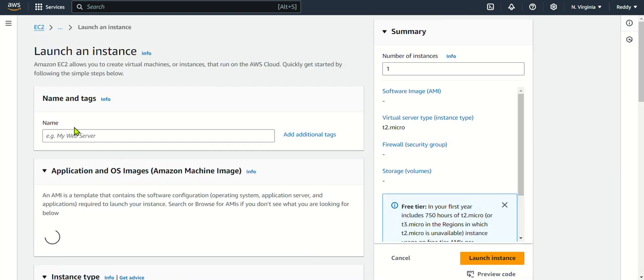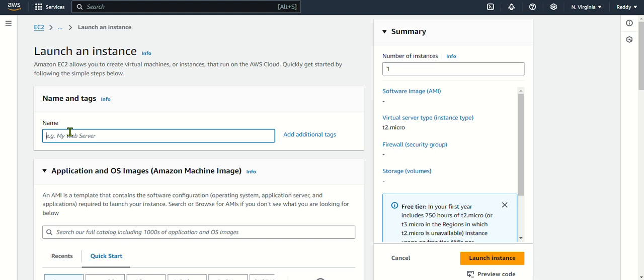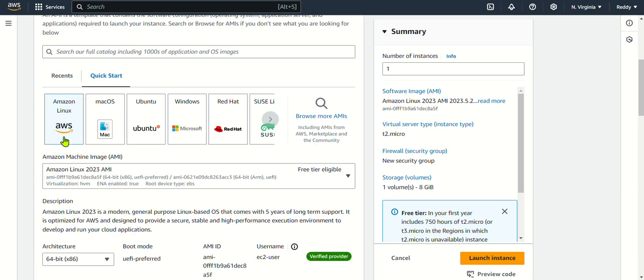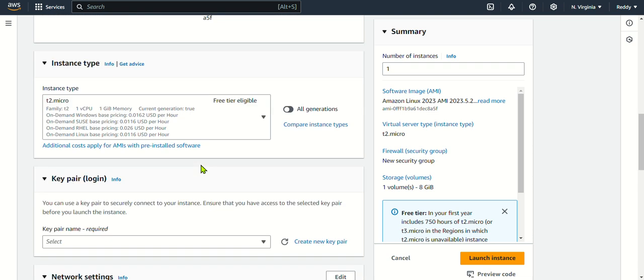So after that we have to type the instance name. We have to select the system, like I selected Linux, AWS, Amazon. So after that, we have to select the instance type. So I selected t2.micro here,